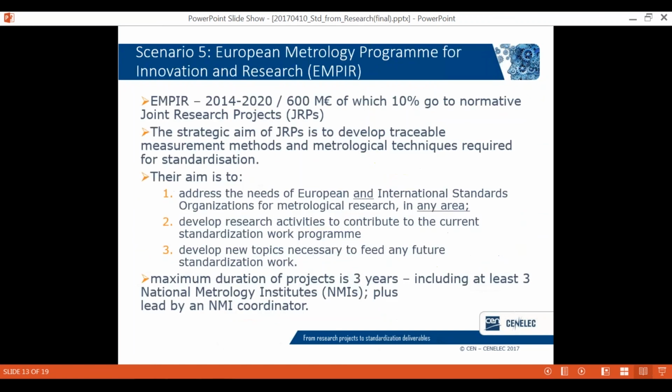Then the final scenario is our contribution to the European Metrology Programme for Innovation and Research, or abbreviated EMPIR. EMPIR is a program funded with Horizon